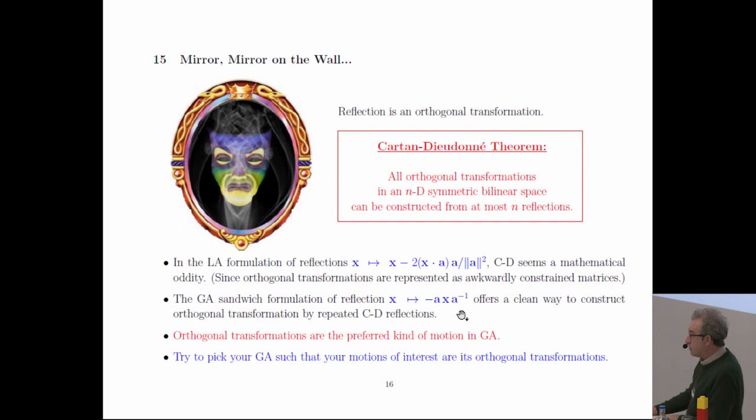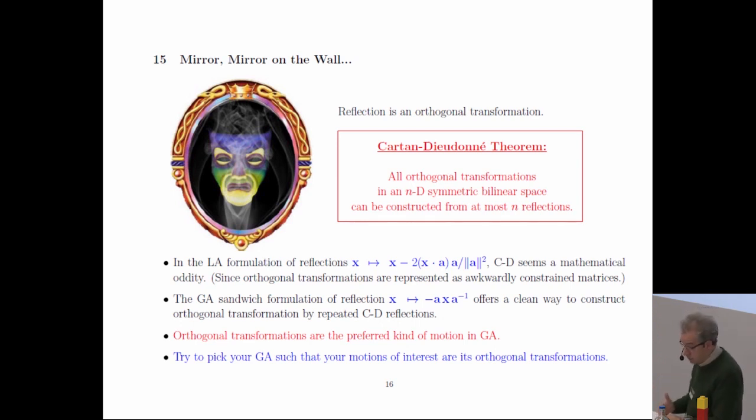But we've seen that if you have it in sandwich form, you easily concatenate them and split off the elements that actually perform the operation, and they become elements of the algebra by themselves. And now, suddenly, Cartan-Dieudonné, which was more of a mathematical curiosity, becomes a possibly fundamental way of representing your motions. And that's the game that we're playing when I said we have these two layers. We have your own algebra or geometry situation. We're going to embed it into a suitable geometric algebra. We're going to play the game that we always try to pick a geometric algebra so that the motions you're interested in are orthogonal transformations in their representational space,